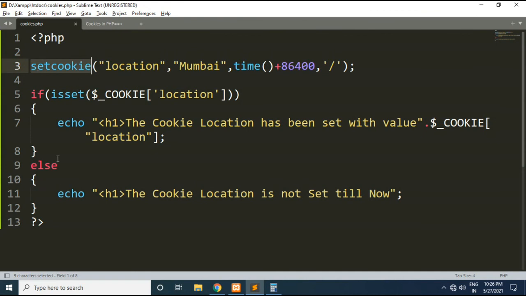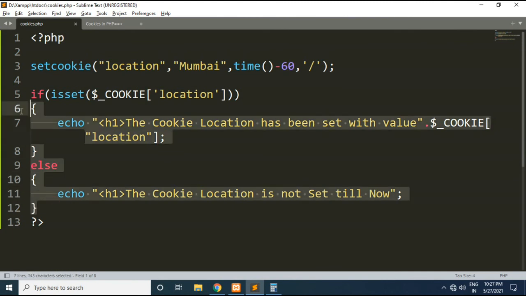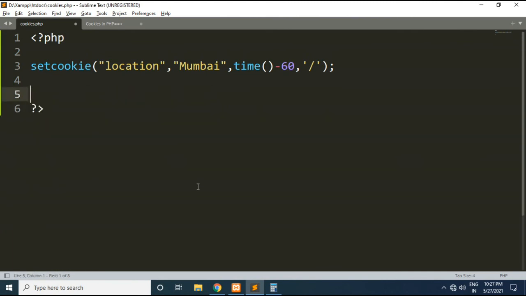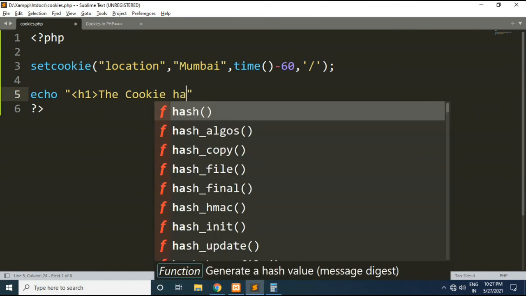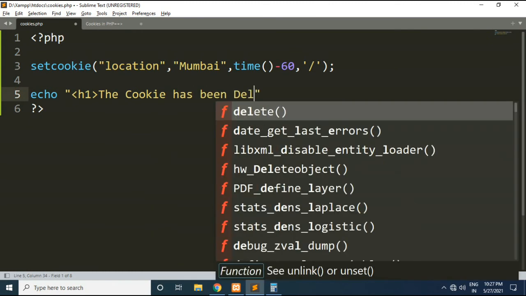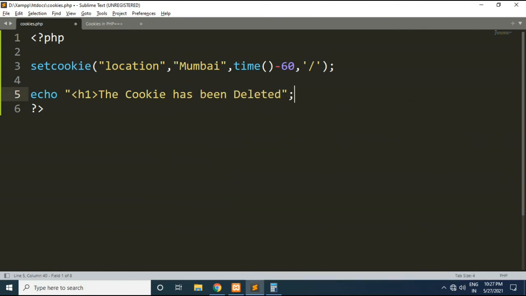And now at last I will try to delete this cookie. So what we will do here, simply we will set this time to a certain minus value, and here I will simply write echo, like this.